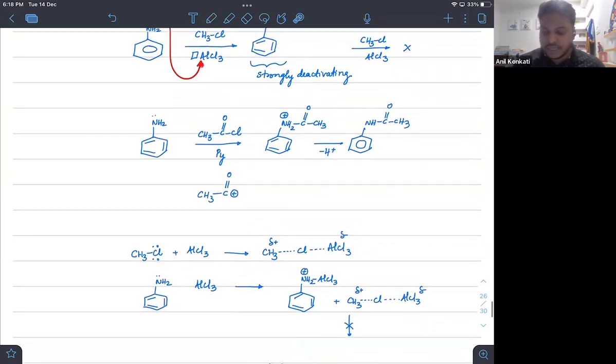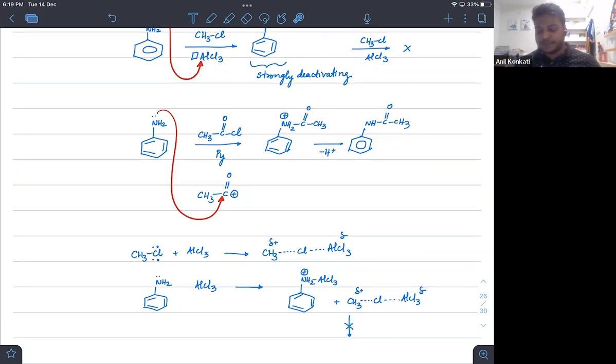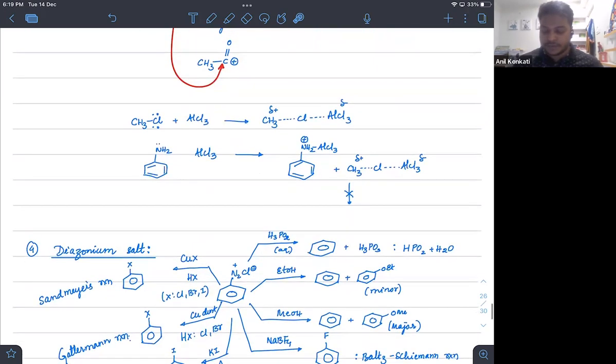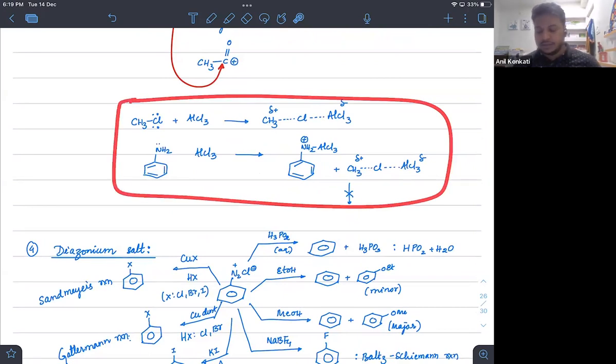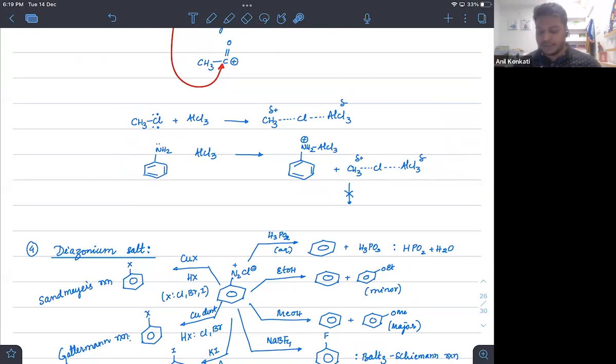That's why instead of using AlCl3, we usually go for pyridine, especially for acylation. So for acylation, in the presence of pyridine now, what would happen? Even if you have CH3CO plus here, the lone pair will attack here, or even if it is not there, you can directly attack here. I told you already, Cl minus can be removed, correct? And you can get this acetanilide. Okay. So I've just shown you how the deactivating group is being made here.